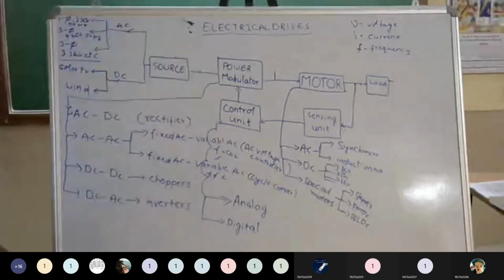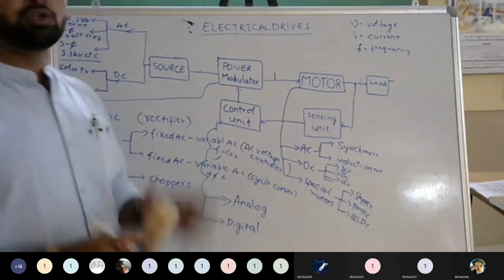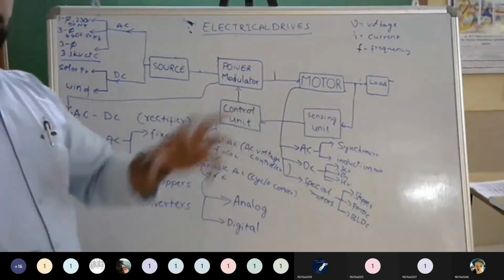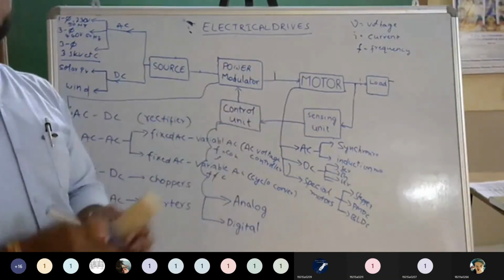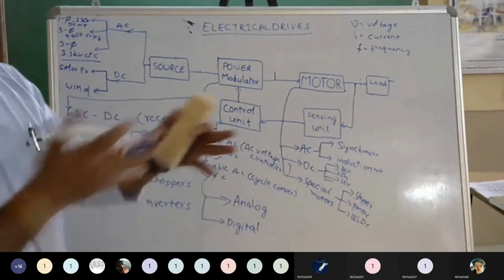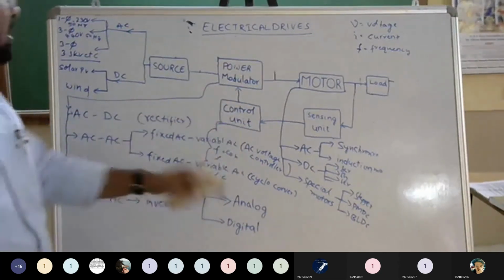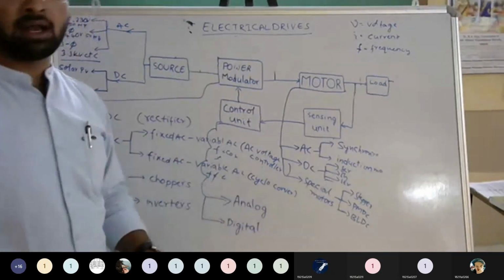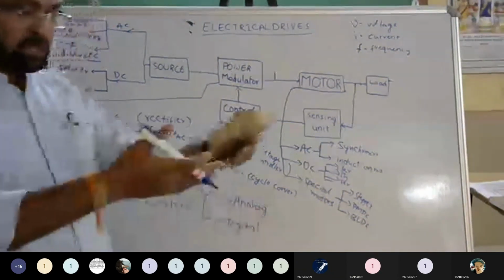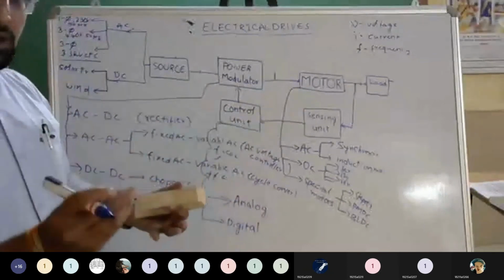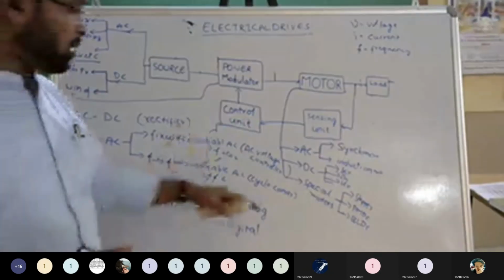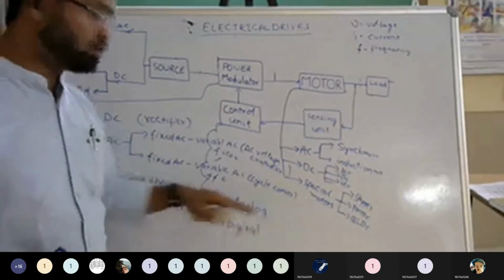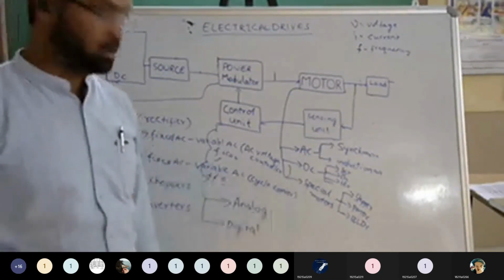So what are analog controllers? We will use op amps or analog equipment, whatever is available. We know that op amps and simplified timers will develop the pulses. Those pulses will be given to the power transistor switches to switch on and switch off. So that is the analog one. But the analog one takes so much process. If any one thing is deteriorated, it will be a problem, and it will give noise and losses. So these are the drawbacks of analog.